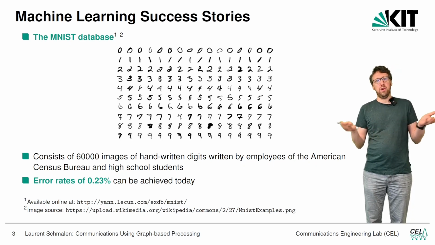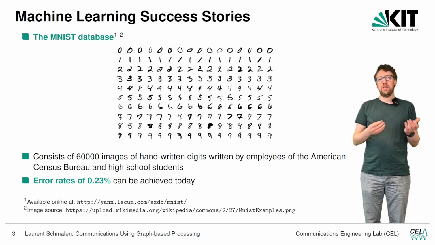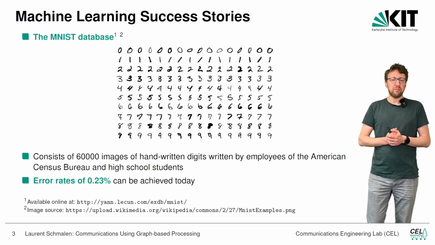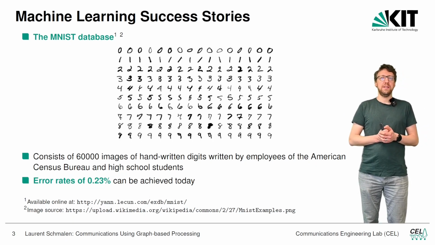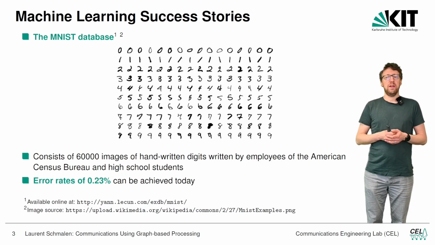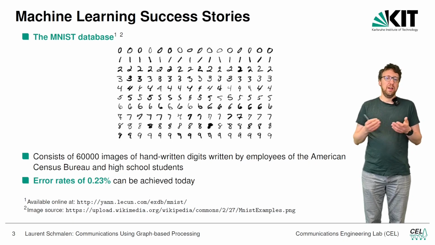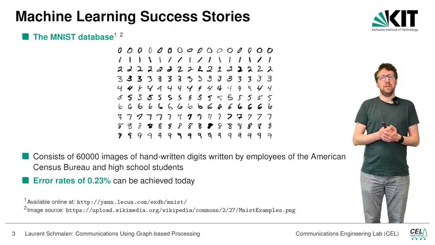For instance, in postal applications, we can think of zip code recognition to route the letters. With modern machine learning systems, we can now recognize more than 99.5% of those handwritten digits, which is quite